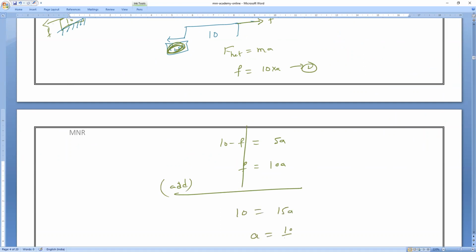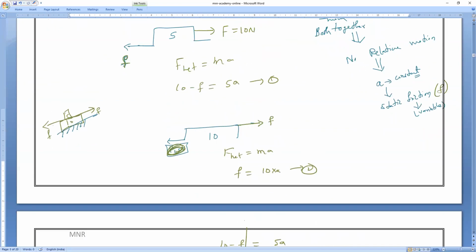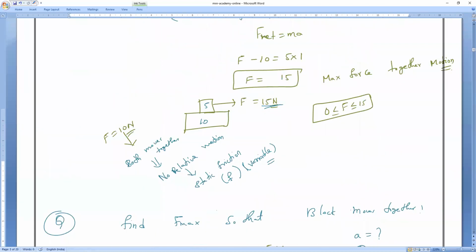So acceleration is equal to 10 by 15, which is equal to 2 by 3 meter per second squared. Okay, everybody, so both the blocks will move together with what acceleration? 2 by 3 meter per second squared. But before, if you apply the maximum force, F limiting, that is F maximum, 15,